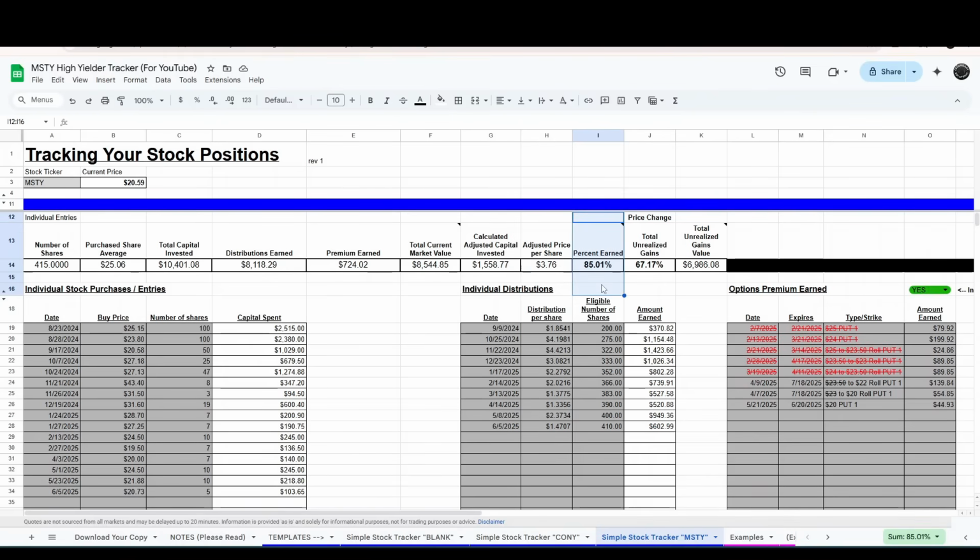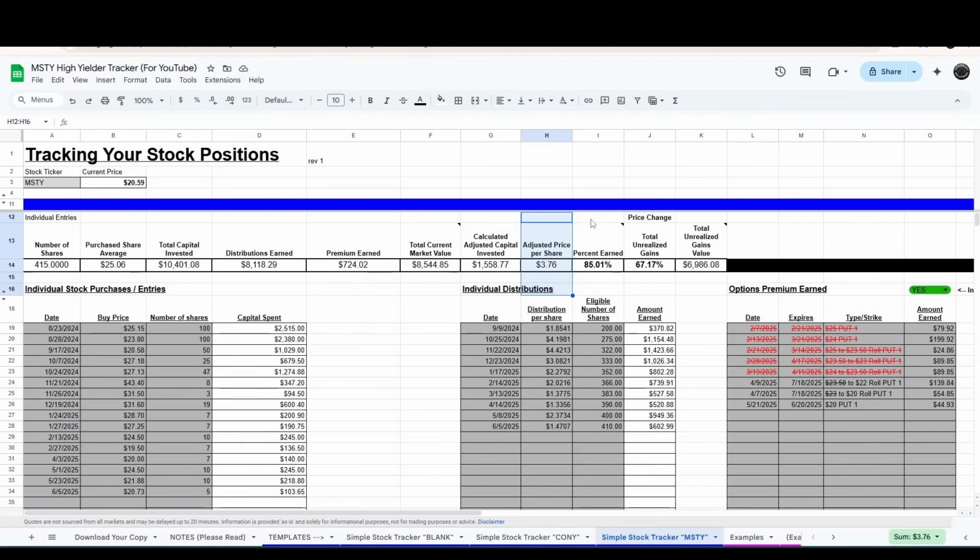Now that sounds a whole lot better than looking over here and saying, okay, well, I've got my price per share down to $25.06. All right, well, I'm still down almost $5, $4.50. You know, it's just, okay, well, I hope it gets back up above 25. Now, don't get me wrong, would love to see it back up above 25, because that just means I'm making even more money, right? But this number right there, that's the one that helps you sleep at night,